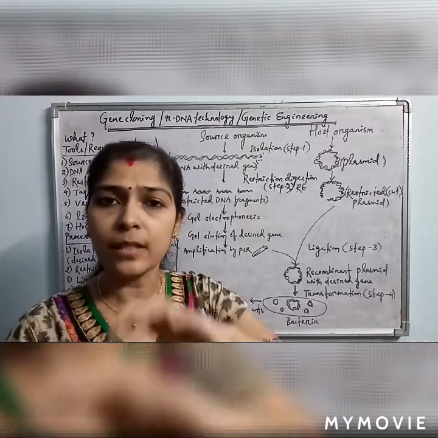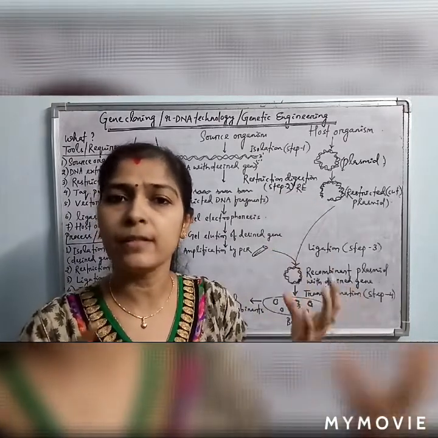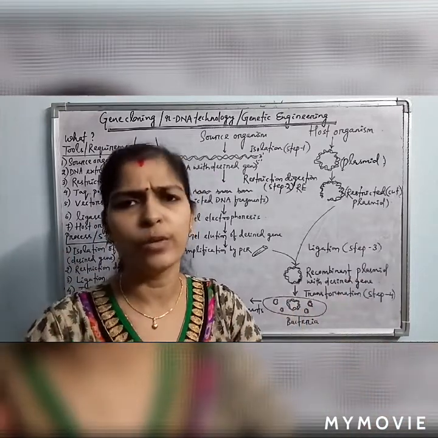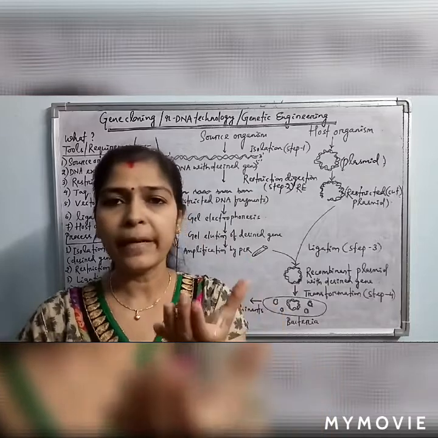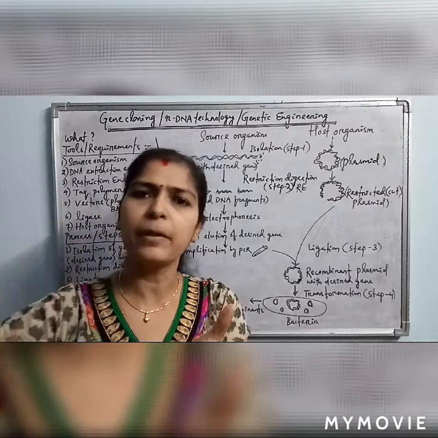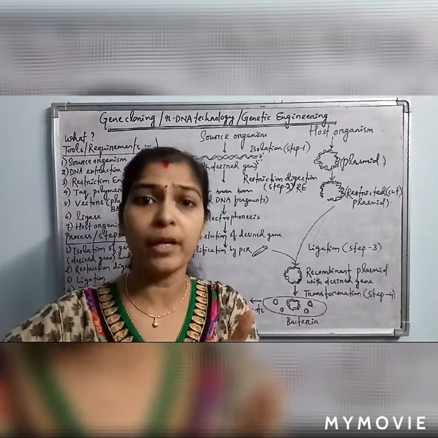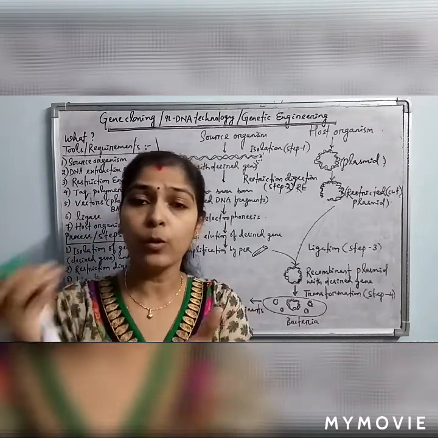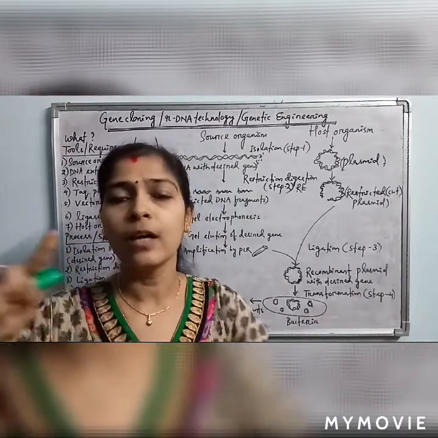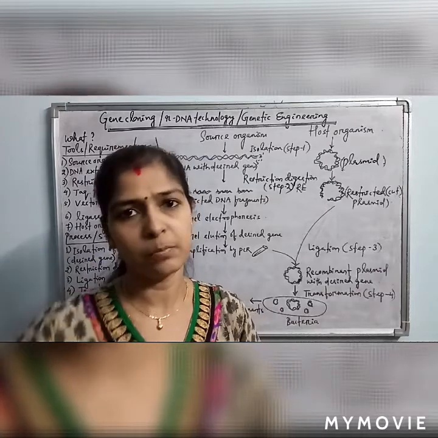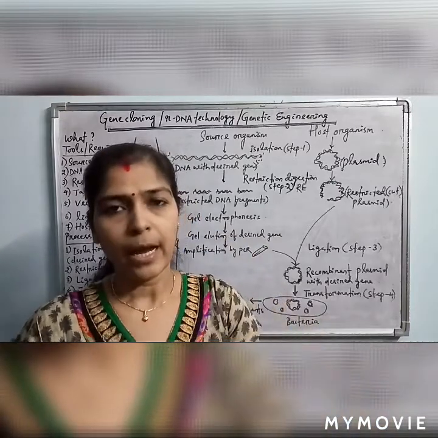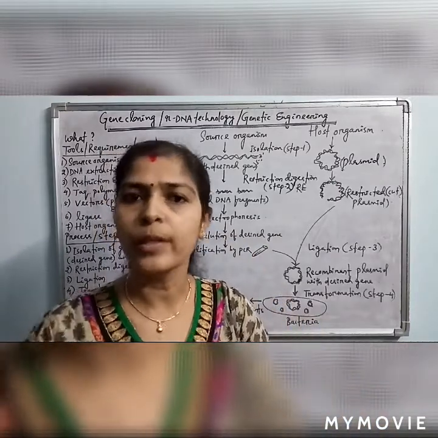And if the plasmid is taken in by the bacteria, then the bacteria will be resistant to that particular antibiotic. So we can prepare the poisonous agar plate. What is the poisonous agar plate? Agar plate is the growth medium for the bacteria, and we can take the bacterial solution having both the transformed non-recombinant and recombinant bacteria onto the growth plate. Before that, we have to add the antibiotic which is there as the antibiotic resistance marker of the plasmid, so that only the transformed bacteria will grow and the non-transformed bacteria will not grow in that plate.